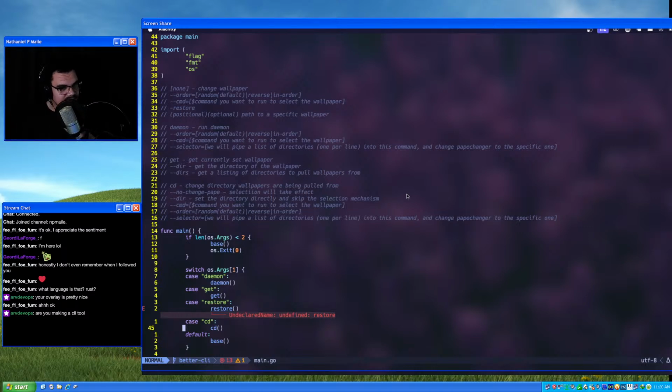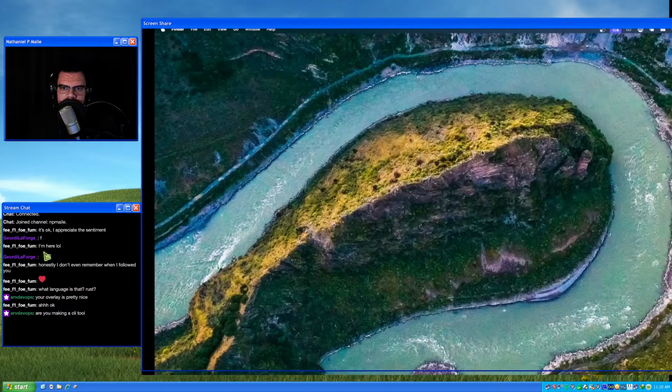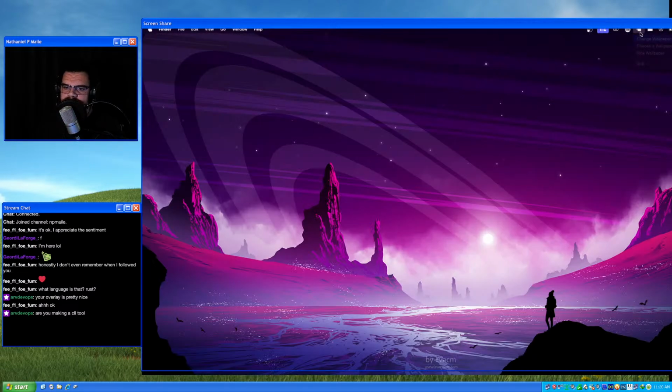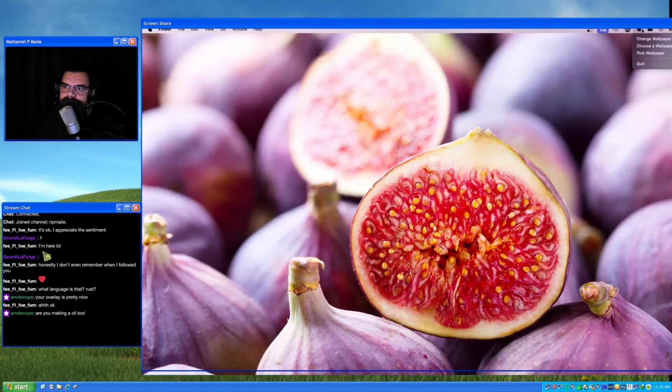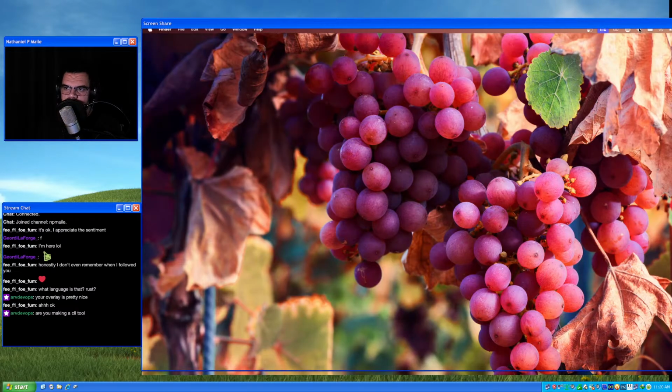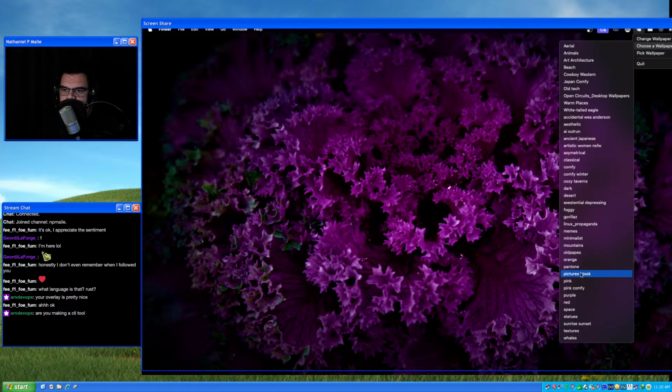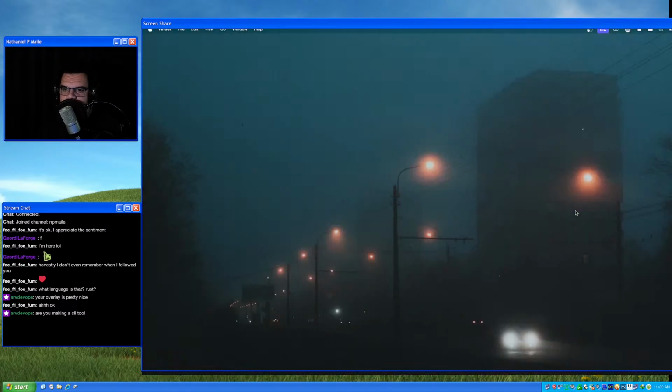ARV DevOps, yes, I am making a CLI tool. It's actually not strictly a CLI tool. On Windows and Mac, it exposes itself in this way. It's a wallpaper changing utility. So in Windows and Mac, it exposes itself this way with a, let's see, Foggy. But in Linux, it's a CLI tool, and on Windows and Mac, it's a CLI tool underneath a UI.